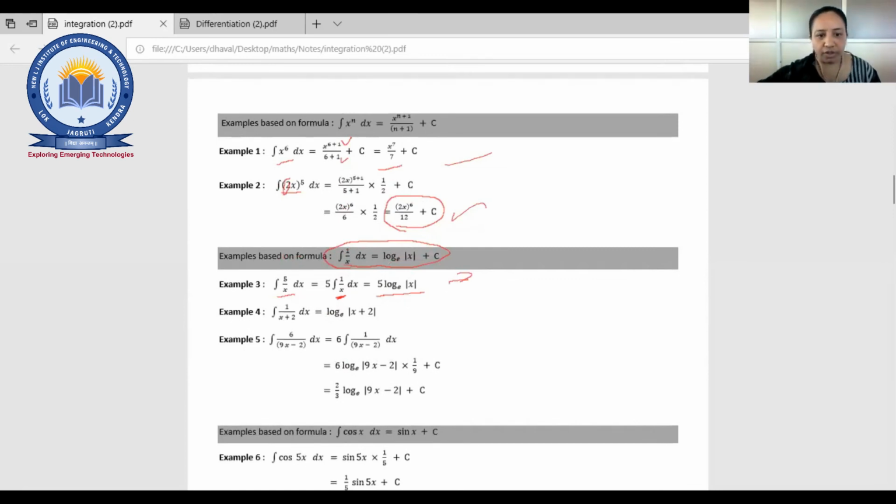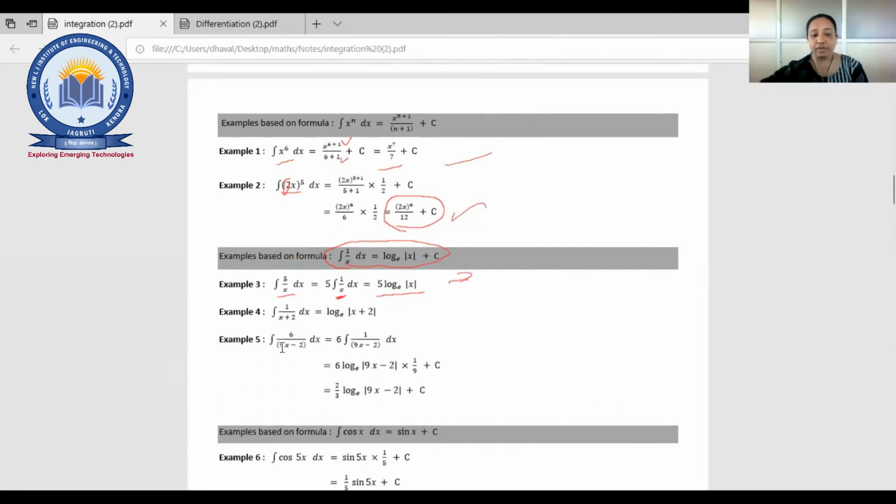So you will get your basic equation, that is 1 upon x. Fine. Now, 1 upon x plus 2. Obviously, as it is, because with x there is nothing, you can write directly x plus 2, that means log mod x plus 2. Nothing else, right? Simple one.